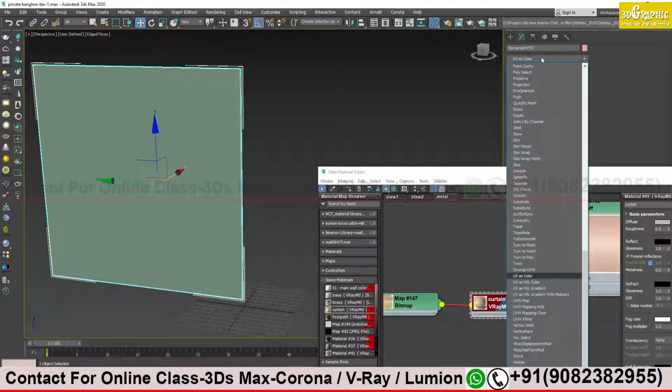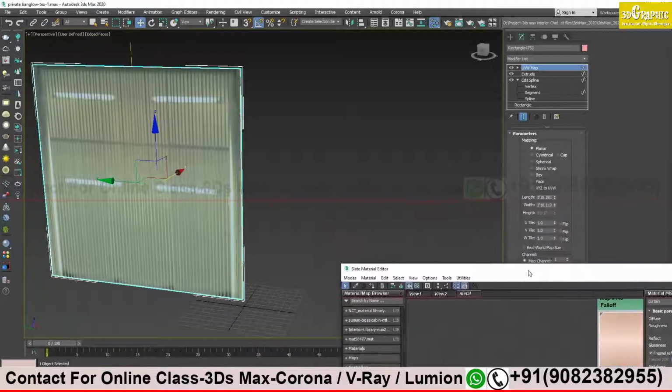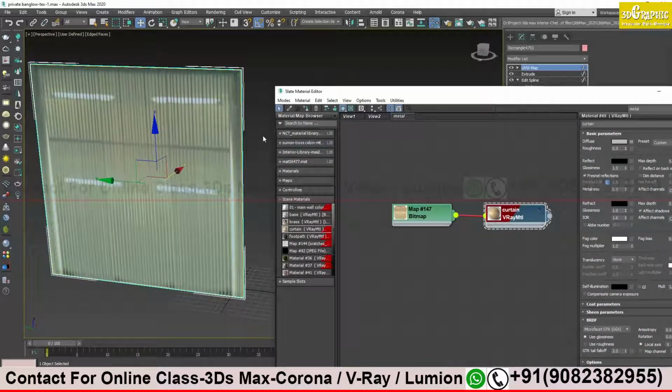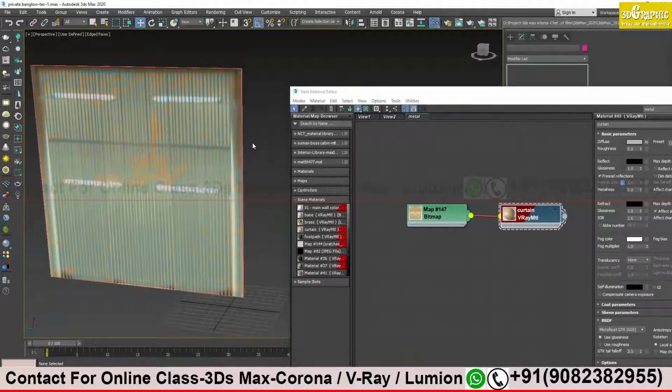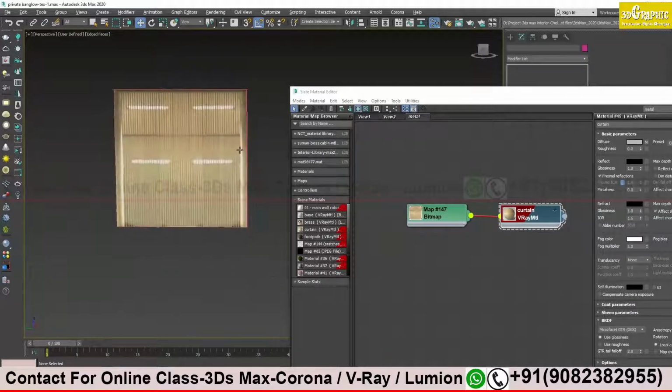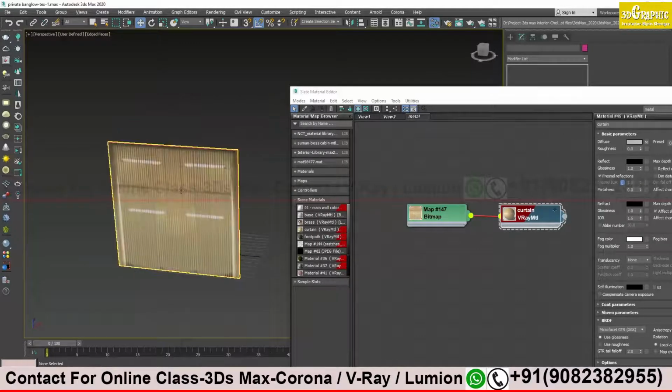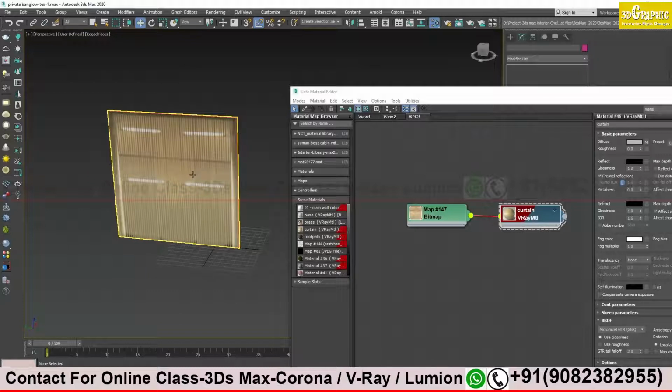That is done. It is perfectly shaped for the window only, so you will not find any problem on UV. Fine, so now my window is done. But you know what happened? If some light is inside, then your window curtain will glow a little, no? It will not be dull. Some glow effect should be there.